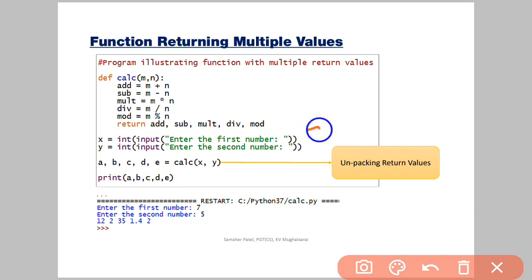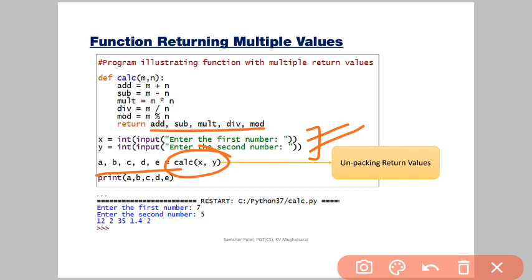After that we have taken two inputs from the user, that is x and y, and we have called the calculate function by passing x and y as parameters. Since this function is going to return multiple values, to store these values we have used the same number of variables on the left hand side of the assignment as the return values. We have used a total of 5 variables, that is a, b, c, d and e. That means a total of 5 values will be stored from the value returned by the function.